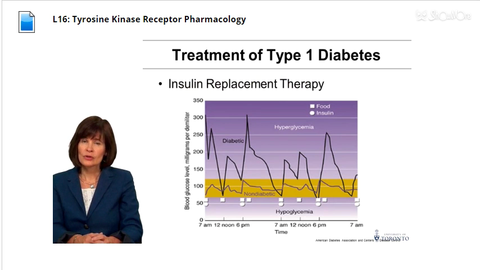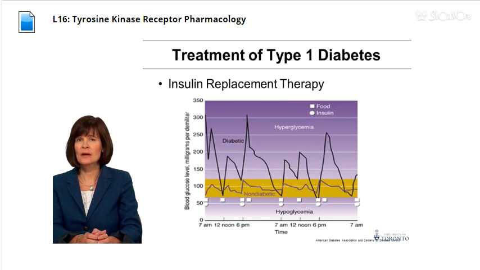The goal of modern insulin therapy is to mimic the normal bodily control of plasma glucose. Shown in this graph on this slide is blood glucose levels over the course of 24 hours in people without diabetes, seen in the lower purple line, compared to those with diabetes, shown in the upper black line. As you can see, glucose levels do not vary a lot over the course of the day and night